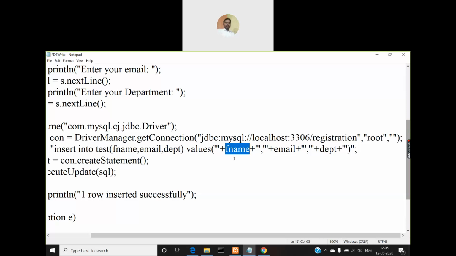We don't want that to happen, so we write it outside the double quote. Before closing the double quote, open the single quote and then close the double quote, and concatenate the string with the value of the fname variable. Then again concatenate it by opening the double quote and closing the single quote that you opened at the beginning.